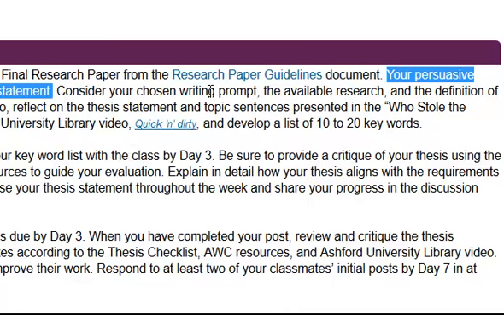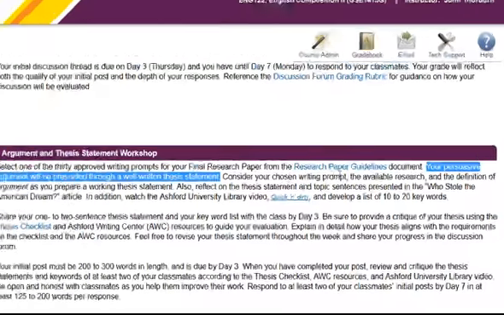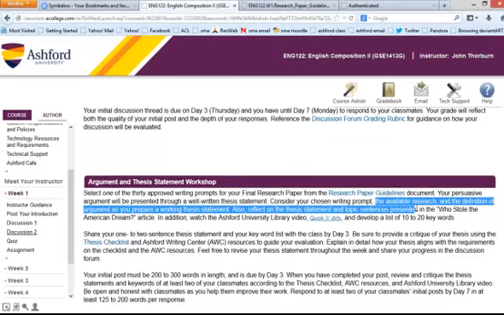Now think about your chosen writing prompt, the available research, and the definition of argument as you prepare a working thesis statement. Also, look at the thesis statement and topic sentences presented in the Who Stole the American Dream article.